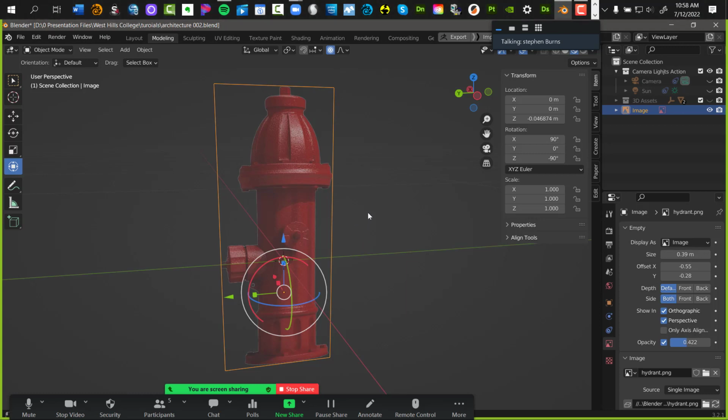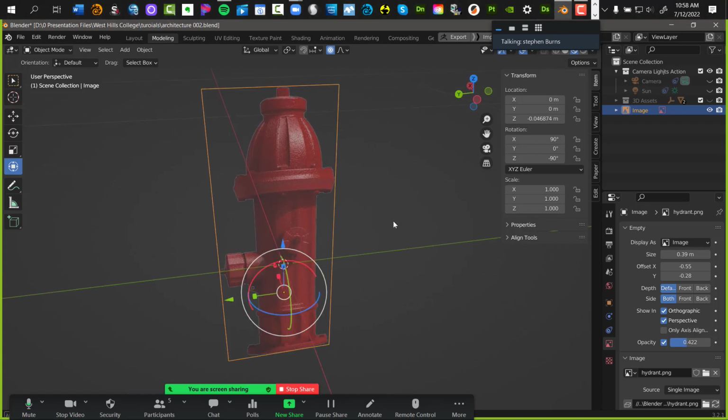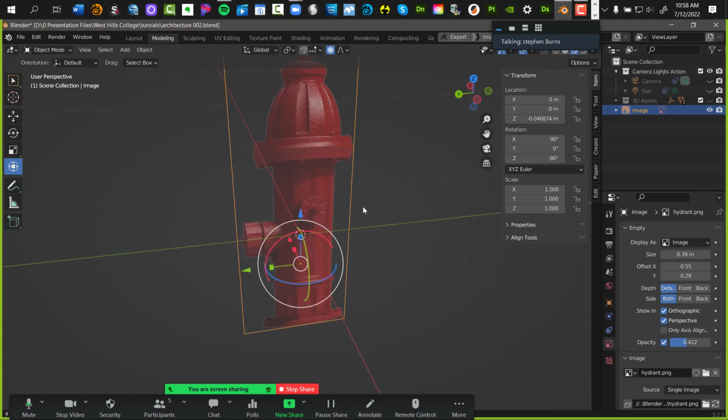Okay. All right, now we're going to bring in a new object that's going to best represent this hydrant. So what object, what 3D primitive do you think we would use? Excellent, a cylinder. How many sides should this cylinder have? How many sides do you think this object has? Well, since I played around with it earlier, it's about 12 sides. So we're going to bring in a 12-sided cylinder.